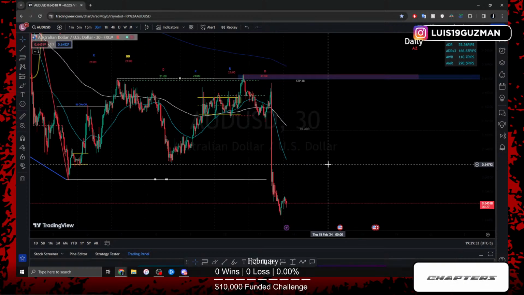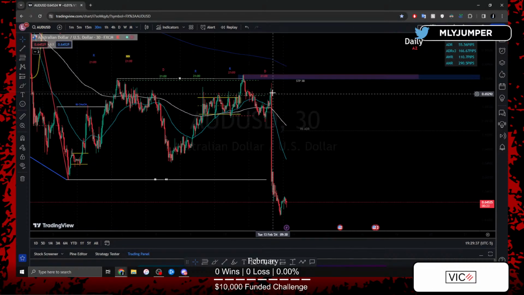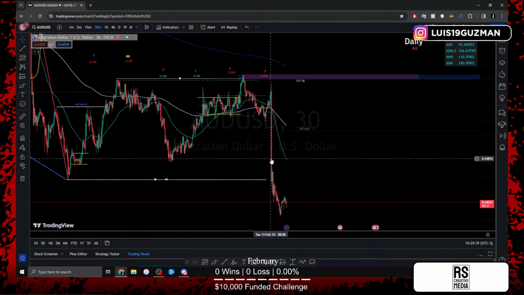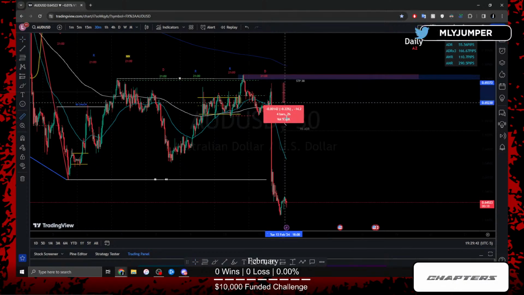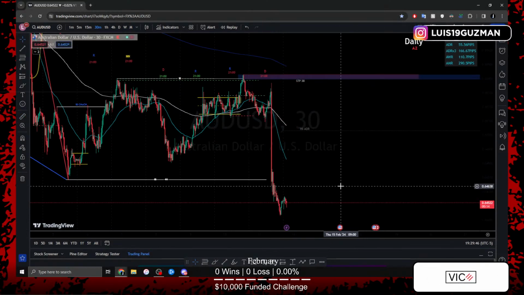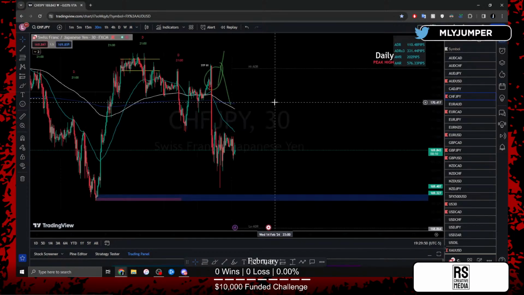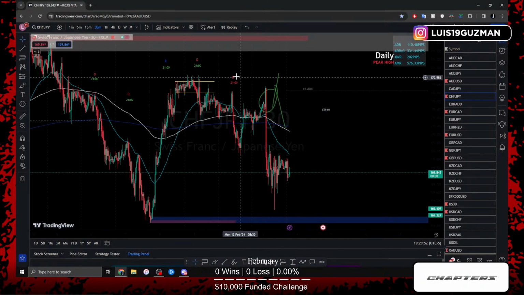AU finally made the push that we were looking for, the push that we were waiting on for a few days. It did it with just one candle, with the news that hit today. So a pair that moves 38 pips did 100 pips. So let's keep going. CHF-JPY, 2 days of drop, and the third day, which was today, gave us a third day